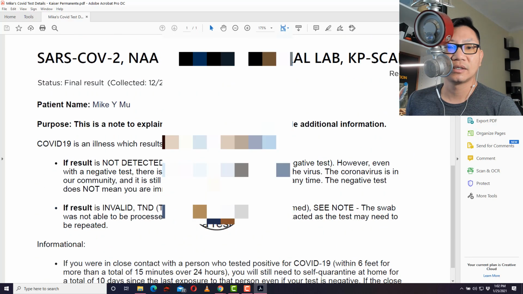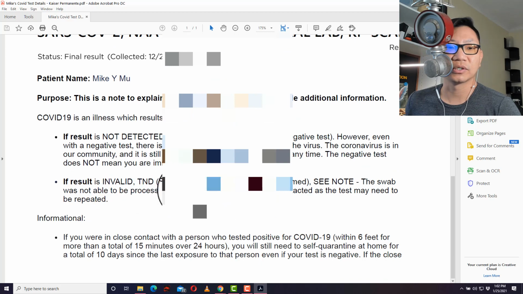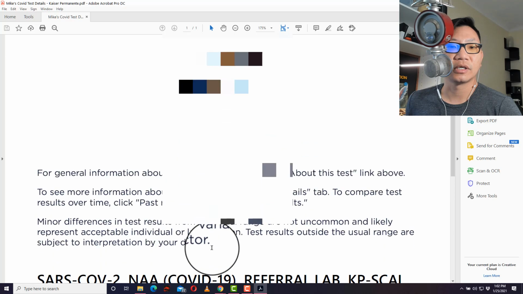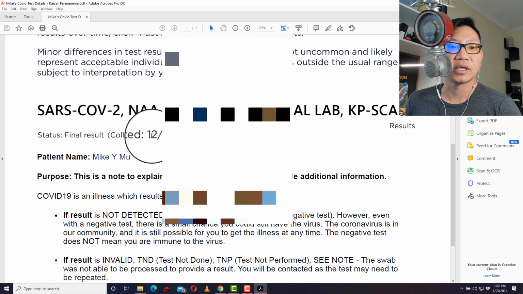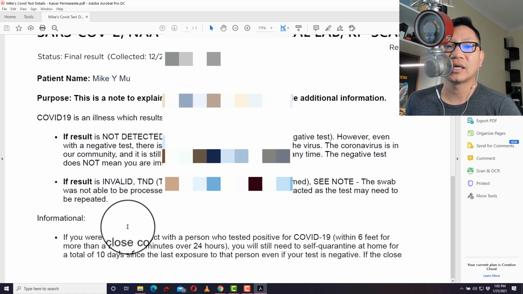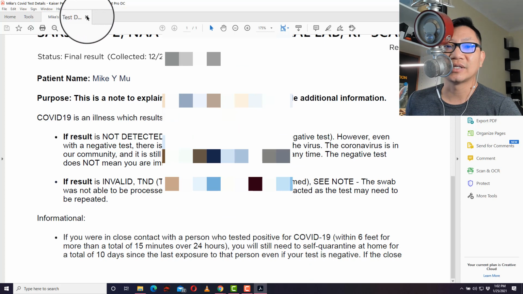Let me see, where is it? If the result is informational. Let's see here: date printed, MRN, status, final result, results. So if you see that the result information is not here, as you can see in this case,